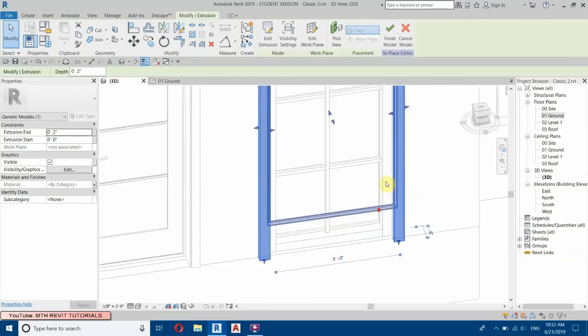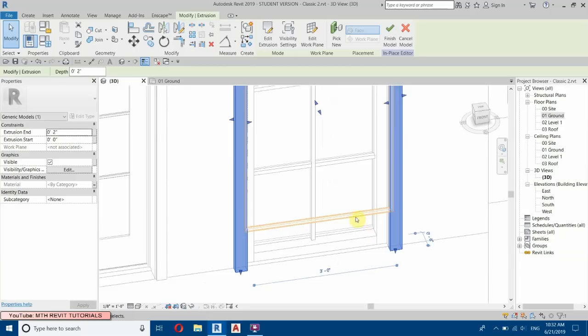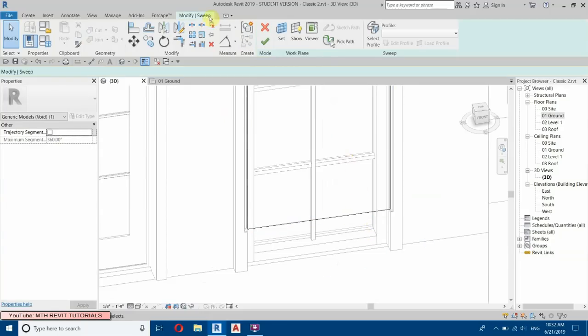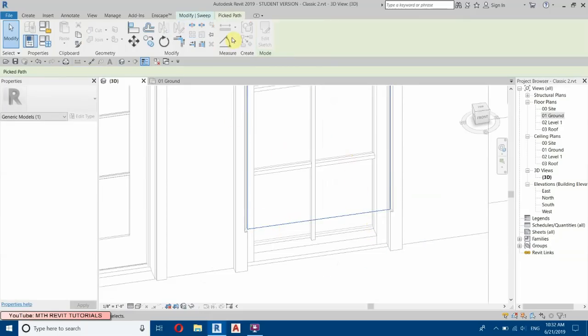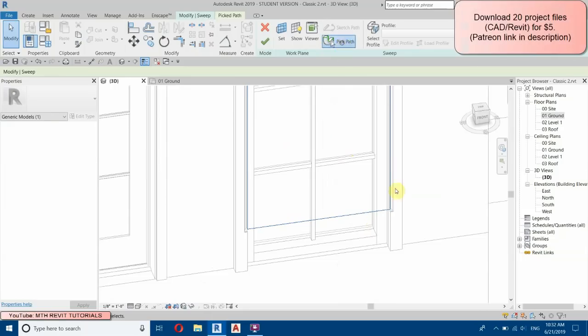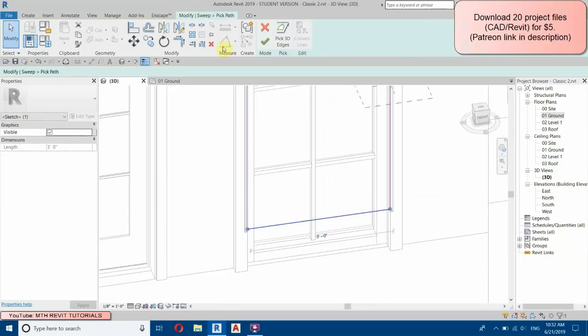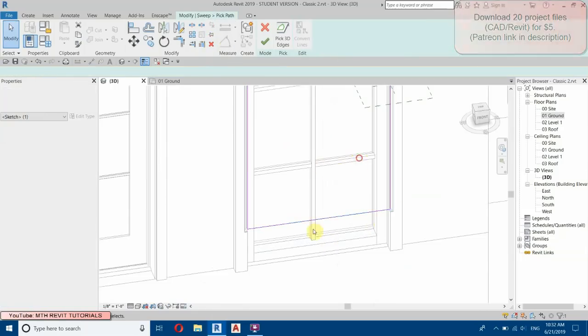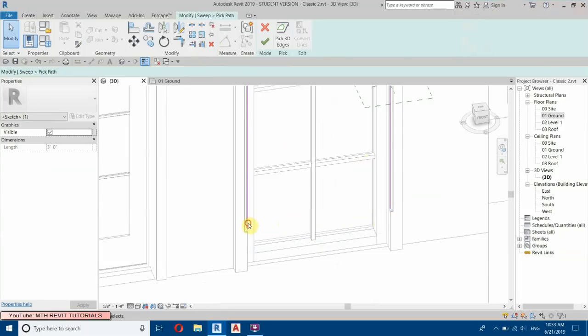Okay, we need to edit the sketch of this void also, so select the void, edit, sweep, then we will edit this path. Just delete this center line here, and we will drag this to the floor here, and this also,